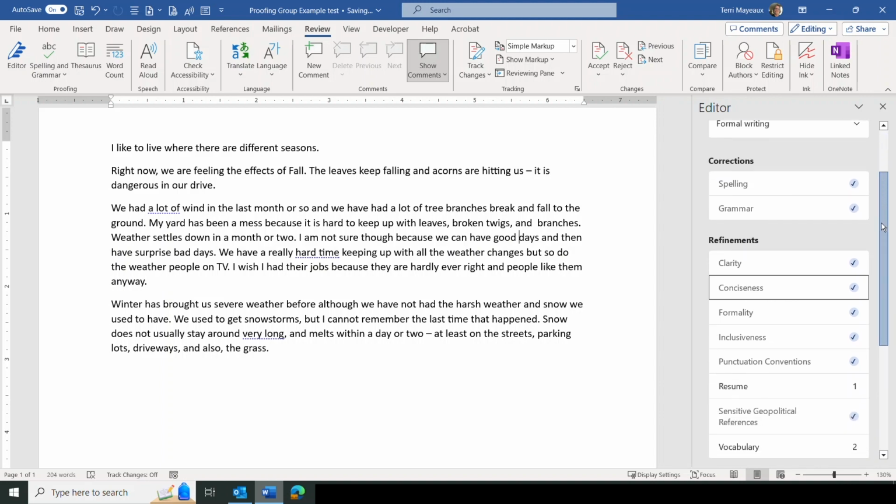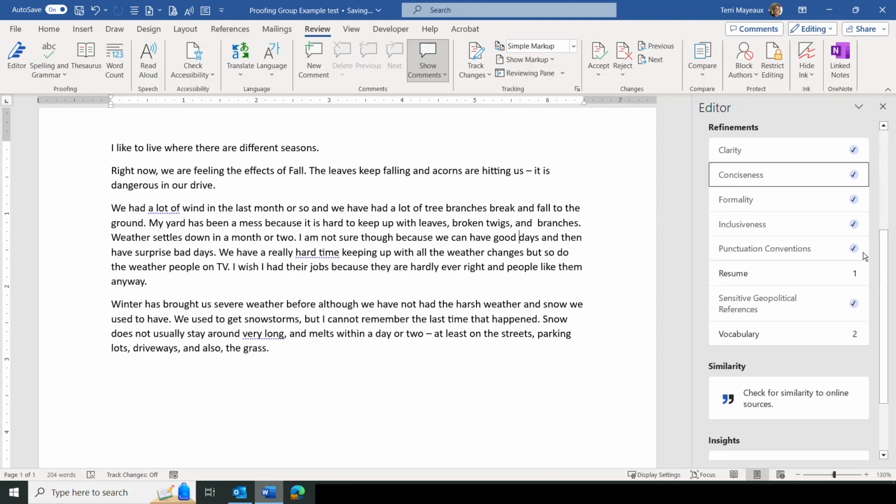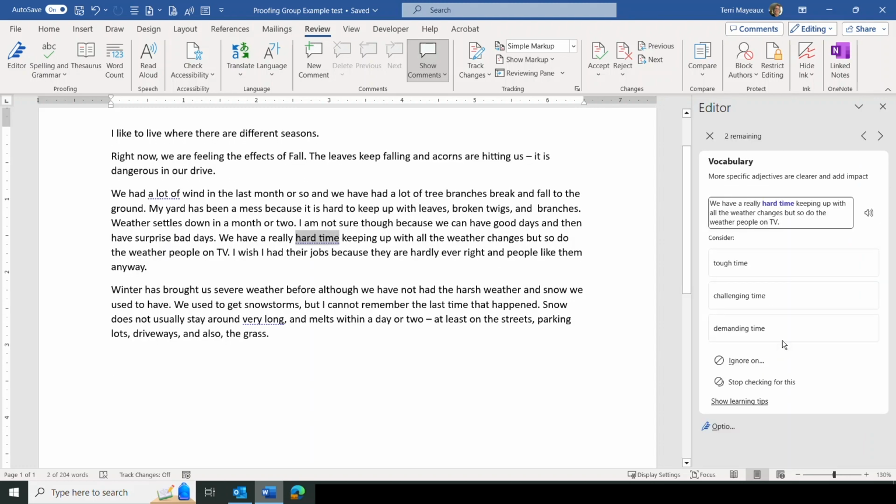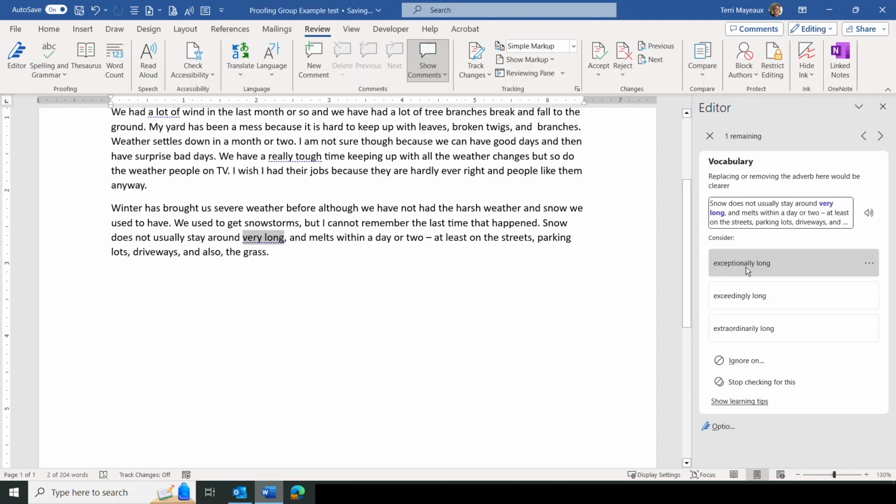We're at 90%. Now, one of these is one that we want to keep. Let's see, resume. We had a lot of wind. We want to keep that. Vocabulary, there's 2 of them. We had a really hard time. More specific adjectives are clear and add impact. And then they give us some ideas of more precise words. So we have a really challenging time keeping up with all the weather changes. We have a tough time. We could do that. And then again, this is the one that we really kind of don't agree with Word, so we're going to